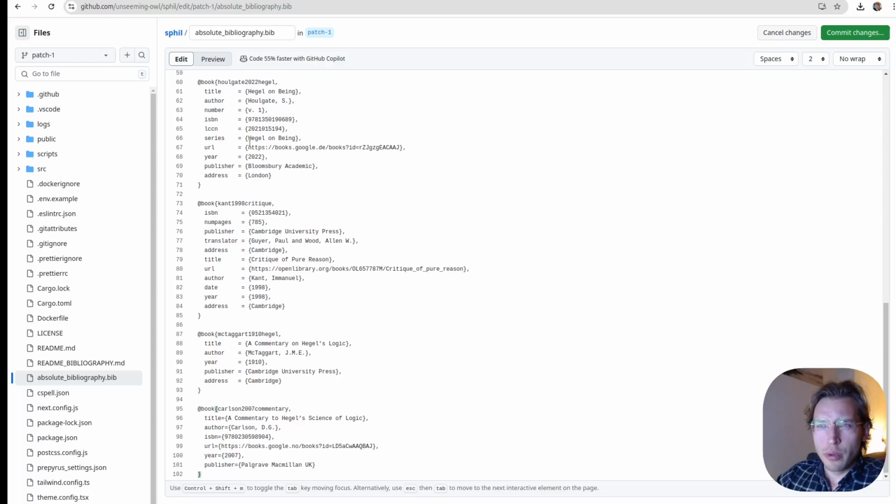Maybe have a look through how things are formatted, especially the key. Not that the key is used today, but it might be used someday. So it's usually the author, which is here Carlson, the year, and something about the title. So commentary is not very useful. Let's just put in Hegel instead. So this is Hegel, and then